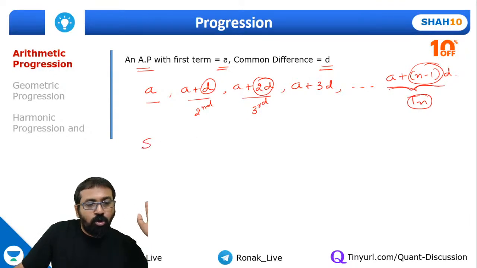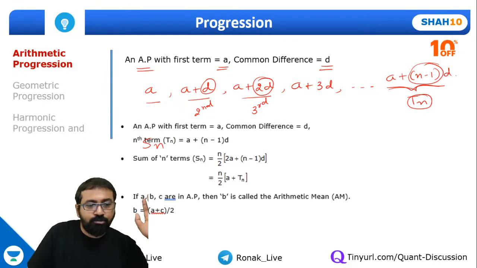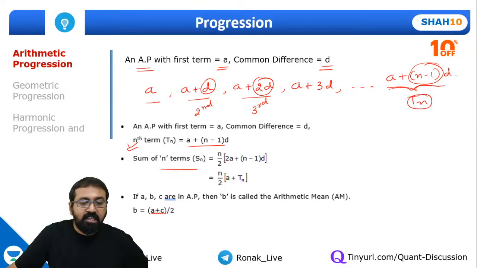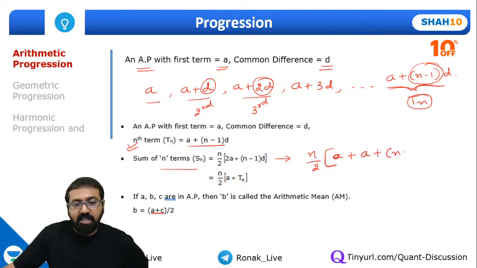In the same way, you also need to remember the formula for the sum of n terms. Let me quickly show you the formulae that we need to understand. You need to remember these. The nth term is given by A plus (n minus 1) into D, and the sum of n terms will be n by 2 into the bracket 2a plus (n minus 1) into D. Now let me write this in a different way: n by 2 into the bracket, 2a can also be written as a plus, and then a plus (n minus 1) into D as it is. Can I say this is nothing but the last term, the nth term?